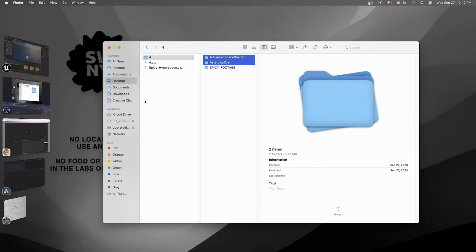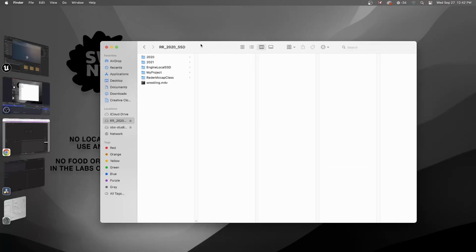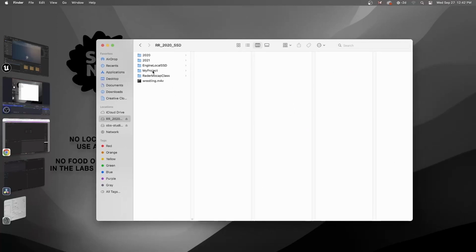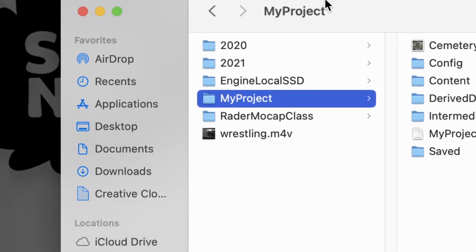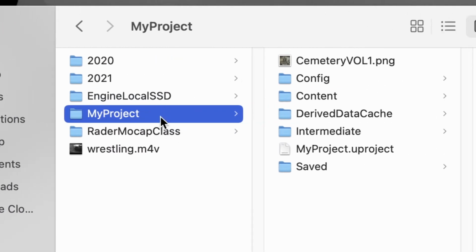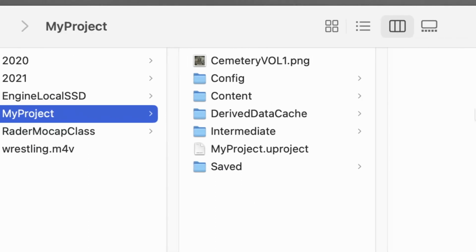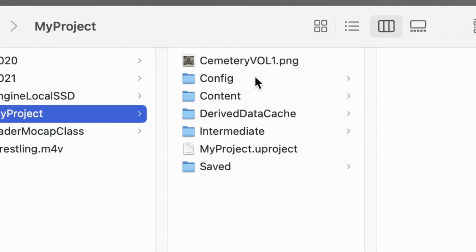and you browse to your Unreal project. I don't know where yours is. It might be on an external hard drive. It might be in the documents folder. I'm not sure. Mine is on my external hard drive, and I didn't rename it from the default name. It's called My Project. If we look in My Project, you're going to see the files in an Unreal project. This is all the folders that always get created in every Unreal project. This is also where your screenshots get saved if you're using the screenshot tool in Unreal. Saved folder. If you go into the content folder,